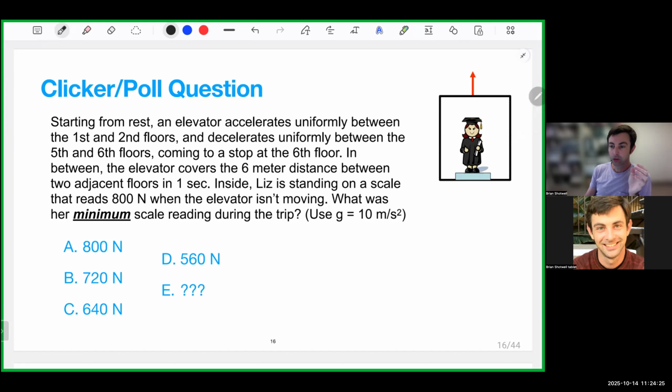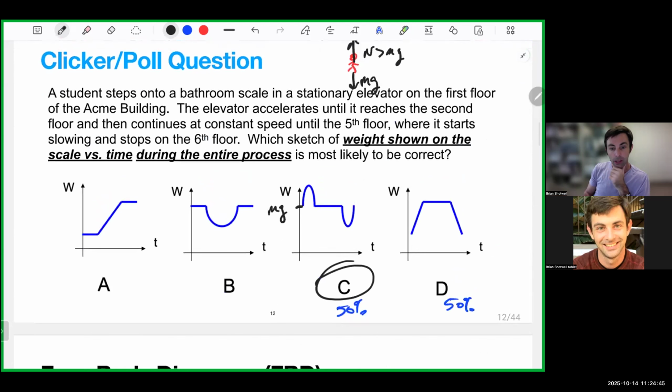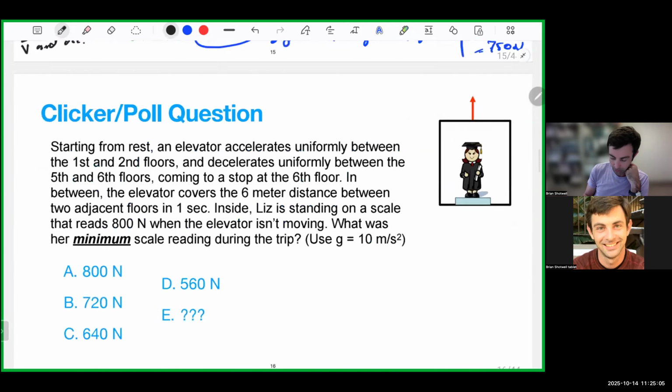So Liz is in an elevator. She gets in on the ground floor, or first floor. From the first to the second floor, the elevator accelerates. And then she coasts going upwards at constant velocity until the fifth floor, and then from the fifth to the sixth floor, the elevator comes to rest. And we saw in class that the normal force, or her apparent weight in the elevator, goes up during the accelerating part, because the normal force has to be bigger than mg in order to accelerate her upwards. And then the normal force is less than mg when she decelerates back to rest, when she arrives at the top floor. So this question asks, what is the minimum